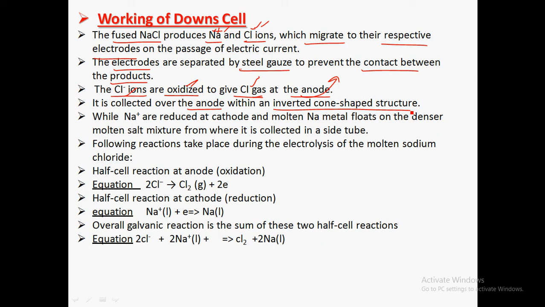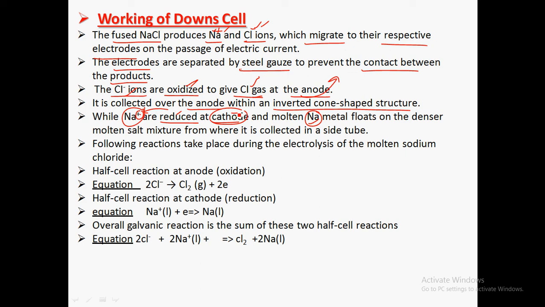Then what about the other ion? The sodium ion, Na plus. Plus means one electron is less. So this sodium ion is reduced at the cathode. What is reduced? Reduced means it is gaining an electron from somewhere. So when sodium gains the electron, it changes to Na. The electron goes and sits in the position here and it changes to sodium metal. Where is it happening? This is happening at the cathode. Why? Because sodium is positive, it goes to the negative electrode.